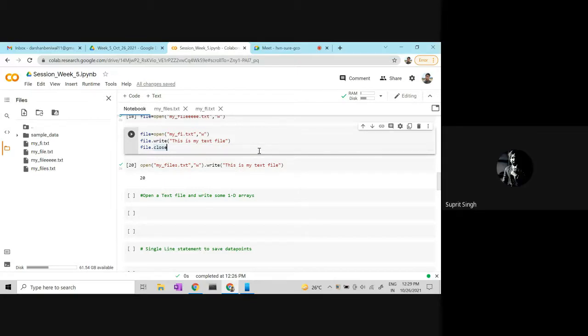I can write this file wherever I want to. As it is written, it is assumed to be a local directory, because I have not mentioned the path. Yes, here it is local. It is in the same directory. That is my next question now.